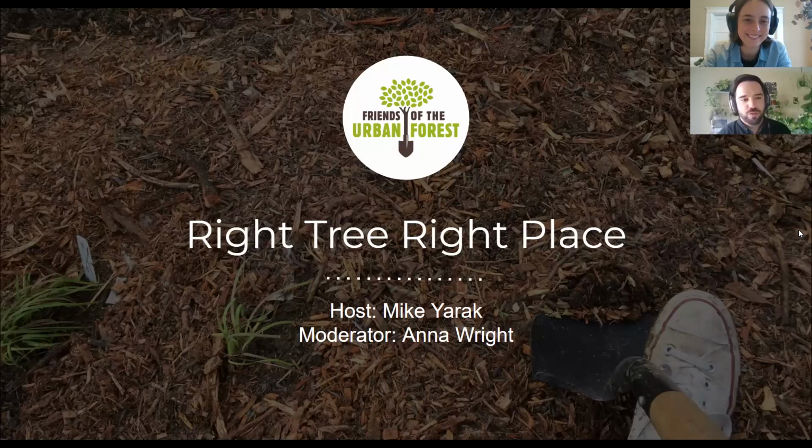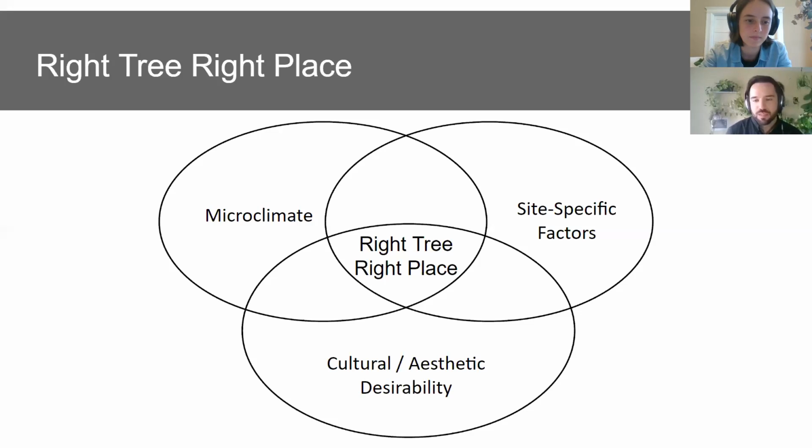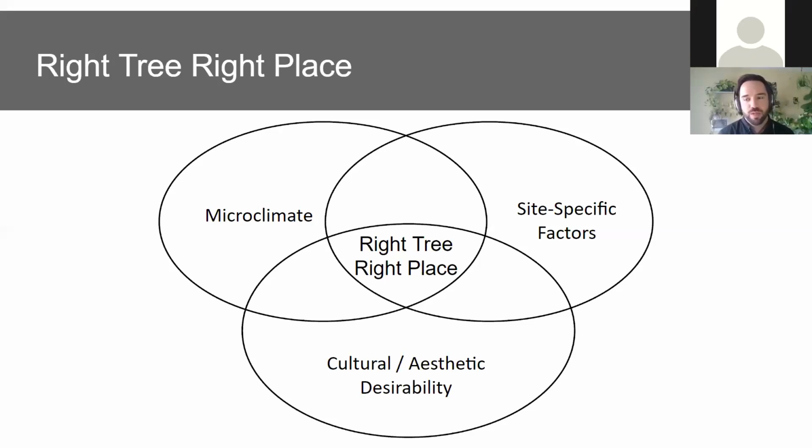So, right tree, right place. This is one of the questions that planting leaders ask quite a bit: why did you select this tree for this site? In the field of arboriculture, we have a concept we call right tree, right place, which is basically thinking about the tree selection and the site selection in tandem as co-equal important parts of the equation of where to put the right tree. So this consists of three main factors. The first is microclimate, second is site-specific factors,